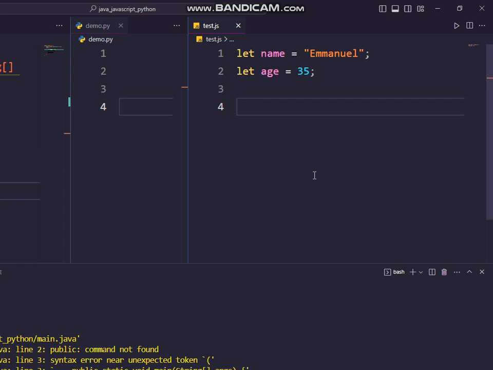Alright, so let's continue from our previous video. So let's look at the const keyword in JavaScript. You can see const